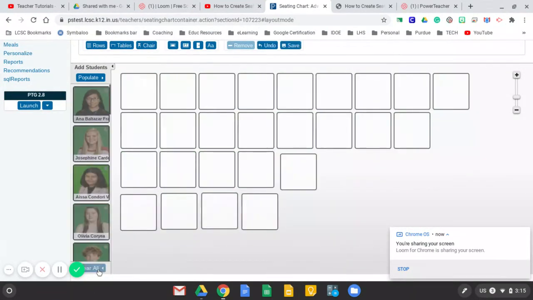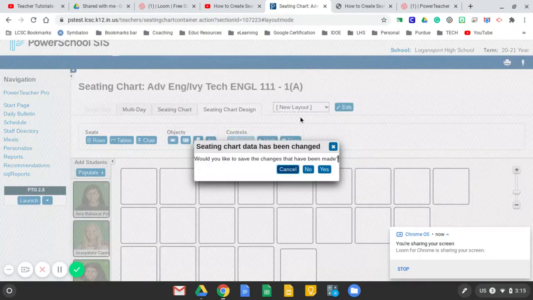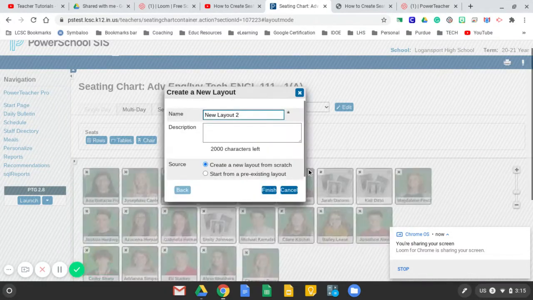I can go ahead and clear all, and you'll notice there's a bunch of seats there. We're just going to go up, and I'm going to go to this drop-down menu up here by Edit, and I'm going to click New Layout. I'm not going to save the changes, but don't worry about that. Okay, so I am going to call this new layout, let's call it Seats for 2020,